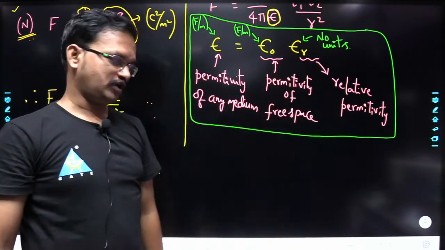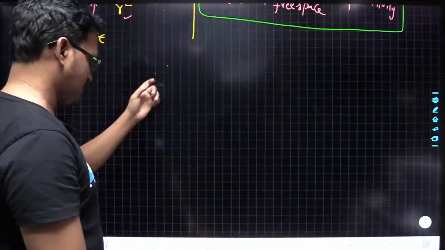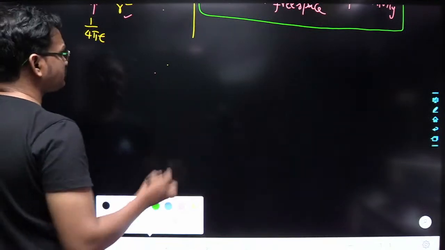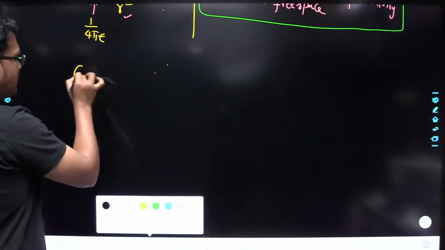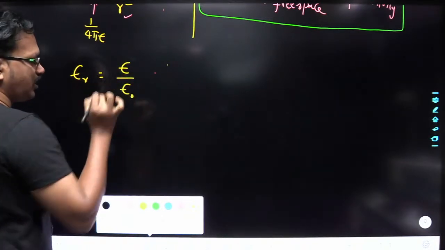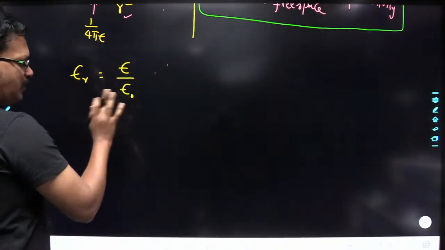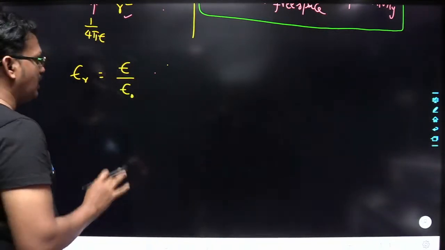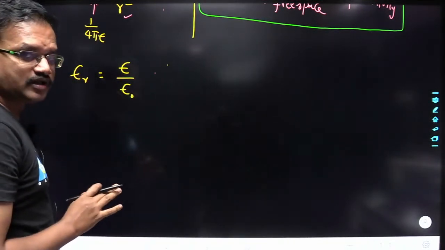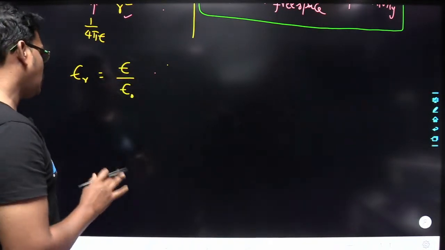See, what is relative permittivity? Epsilon r is equal to epsilon by epsilon naught. Yes or no? The units of epsilon are farad per meter, epsilon naught is also farad per meter, and hence epsilon r doesn't have any units. Now,